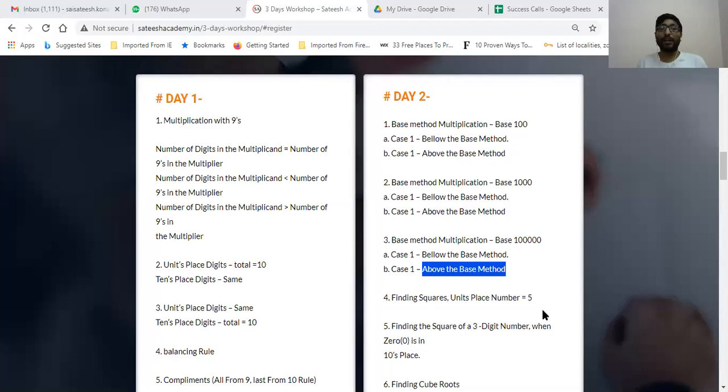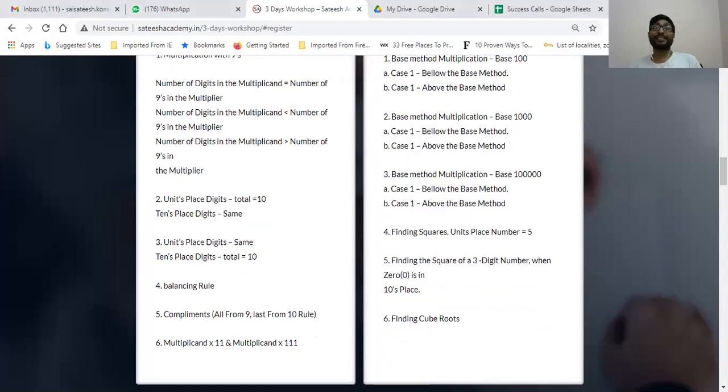In the next video of day 2 session number 2, you are going to learn the square of numbers. I'll teach you two logics of squares. There are 7 to 8 logics of squares. I'll teach you 2 logics from the squares and complete cube roots. So I'm giving you an instruction. Before you watch video 2 of day 2, find out the cubes from 1 to 11 cube and write them on paper before you start watching.